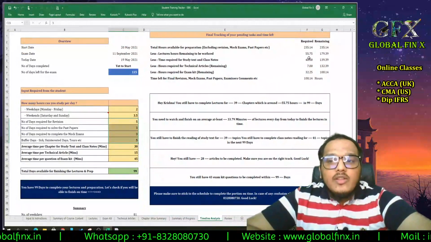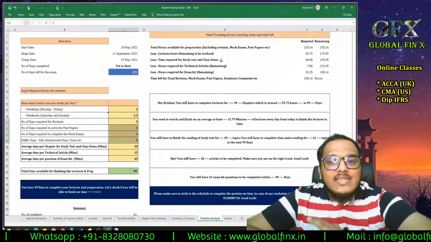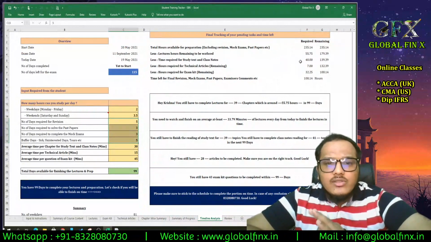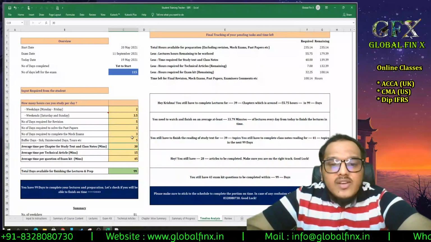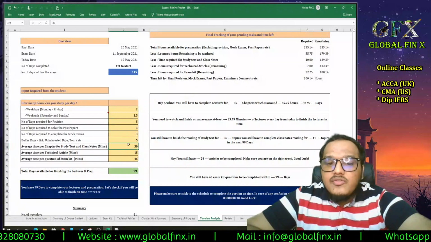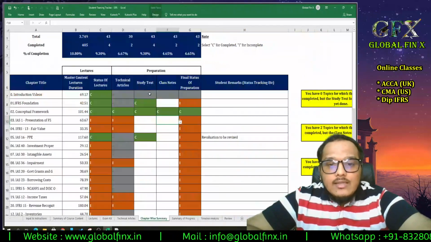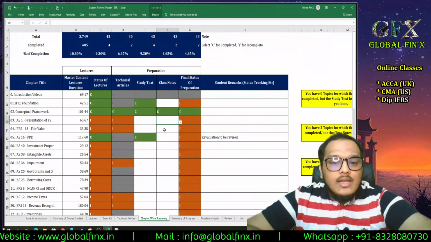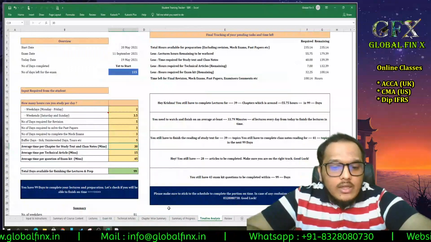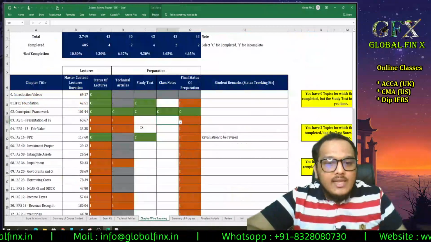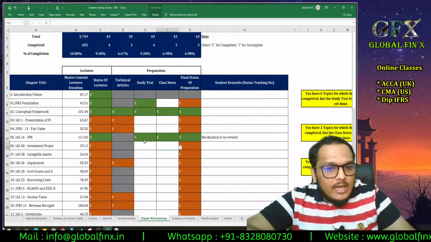That means you will be left with 179, and after that you will need 40 hours for study text and class notes. 40 hours. Sir, how did it calculate 40 hours? You told it that you will need 30 minutes for each lecture, and you have already completed certain study text and class notes preparations. Okay, let's go back and figure it out. See, now right now it needs 40 more hours. I'm going back to chapter wise summary and I'm saying that I have completed class notes for this as well, and I have completed study.